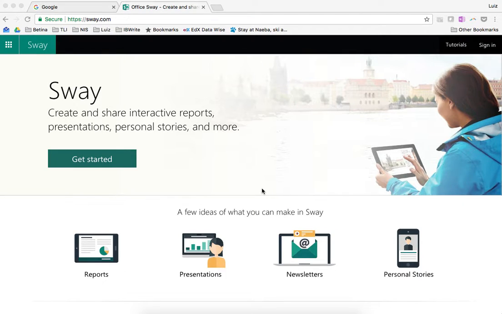So I would like you to have a go at this new Microsoft Office application called Sway. It's important that you use this and not PowerPoint or Keynote. I know you can use those, but I'd like you to give it a go at this. To use it, you go to sway.com